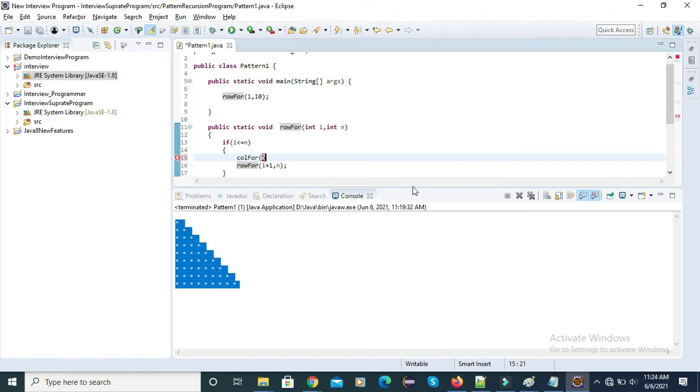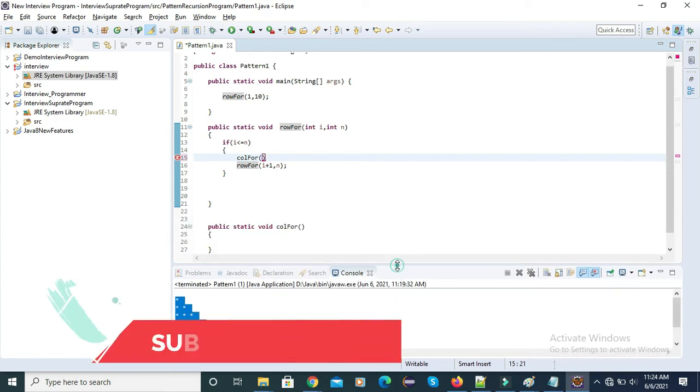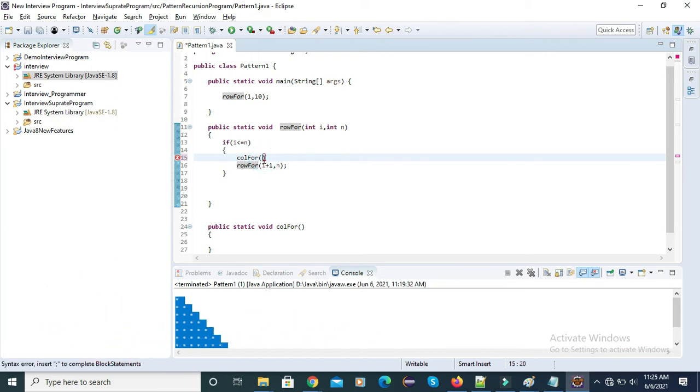So we have to pass the initial value 1 and the end value I. We have to pass these two arguments in this for loop. In this callFor method we will pass our start and our end, which is I.